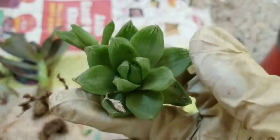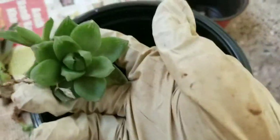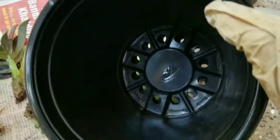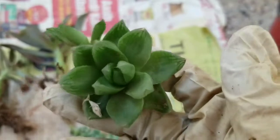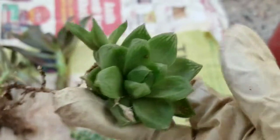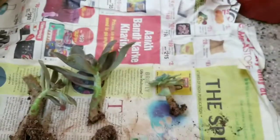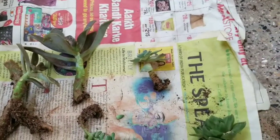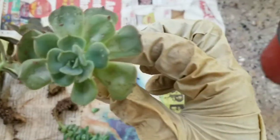And when you wet the whole pot, obviously this succulent doesn't need such a big pot, because you're going to water it entirely, and this one is going to soak up all the water, and it's going to turn mushy, and finally you'll be losing your plant. So as I said, I'm learning it by losing one, and this was